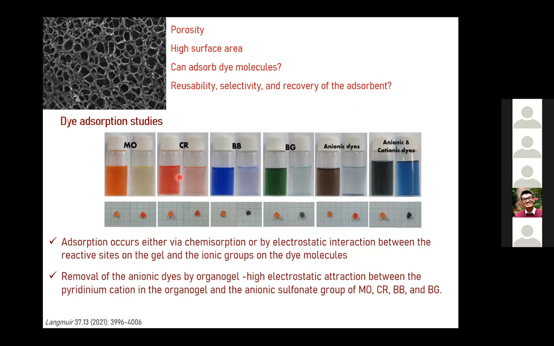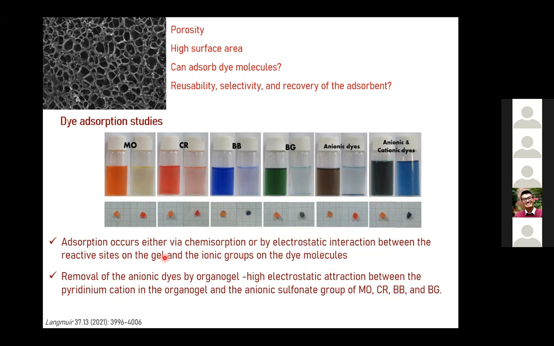Particularly, these are all anionic dyes. So it could remove them, even for example a textile effluent, which has a mixture of dyes. Here we prove that this gel is able to take all the anionic dyes within an hour or so. And now the specificity of the dye. Here it has anionic and cationic dyes. When you mix all the anionic dyes, you end up with this color. And now we added this methylene blue, which is blue in color. You can see that the gel, after taking the anionic dyes, leaves the cationic dye separately. So it is specific only towards anionic dyes.